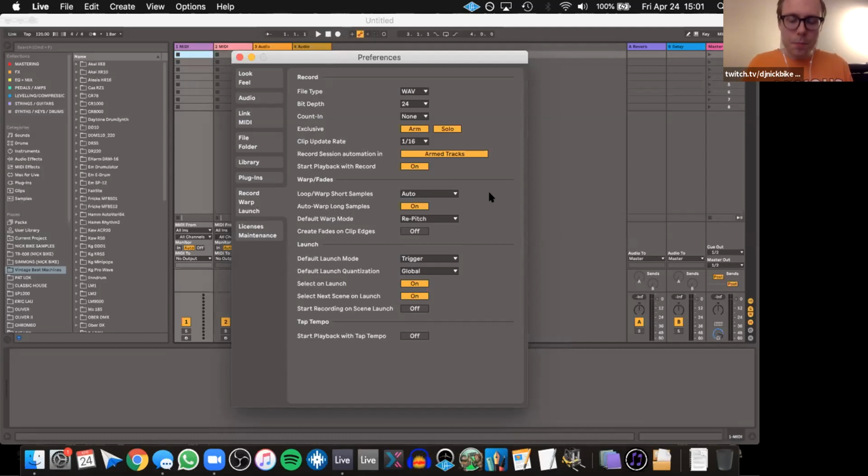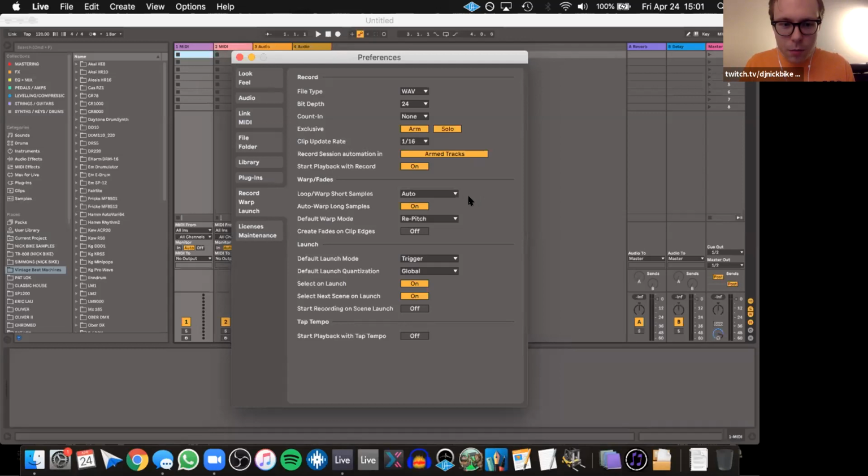might have experience. If you drop in like a 30-second clip, Ableton will loop it, and it puts that warp marker at the very end. And if you don't notice it or you forget about it and you're making micro warping adjustments in between, it's messing up the tail end until you get to that part. It's a terrible explanation, but if you've been through it, you know what I mean.